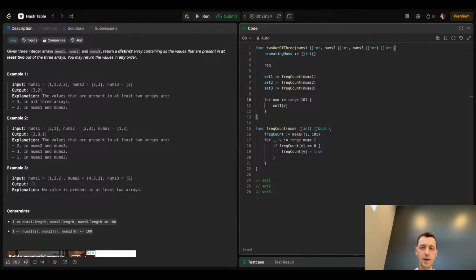When we say that, num will start at 0 and go to 100. 0 is not going to be present in any, we don't care. But to be more clear, we can just say num is 1, until num is equal to 100, num plus plus. So we'll just go over all the possible numbers,